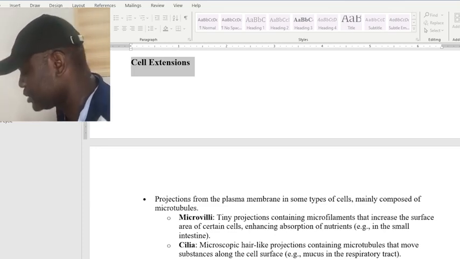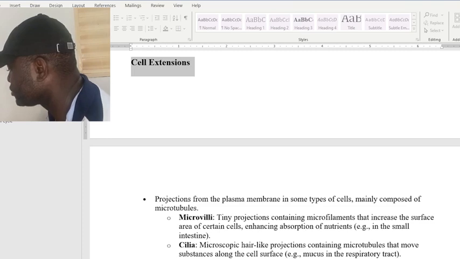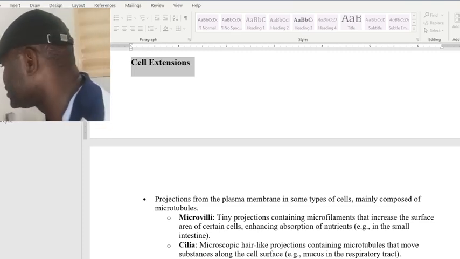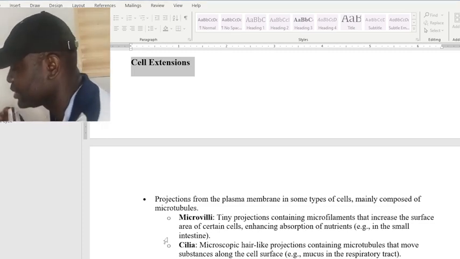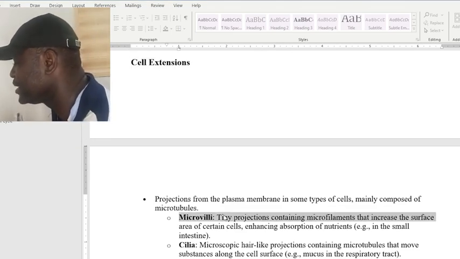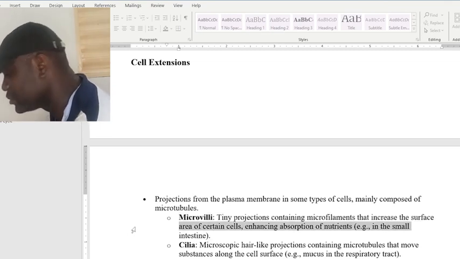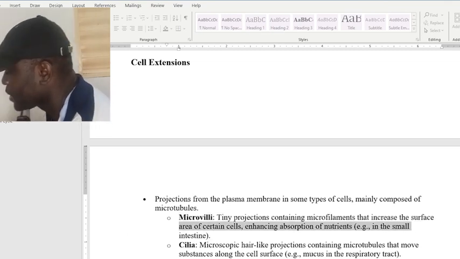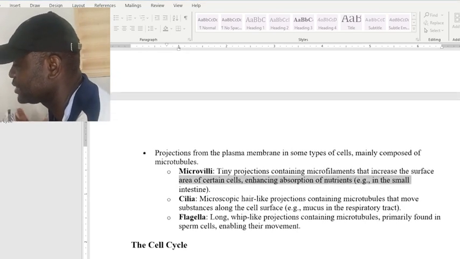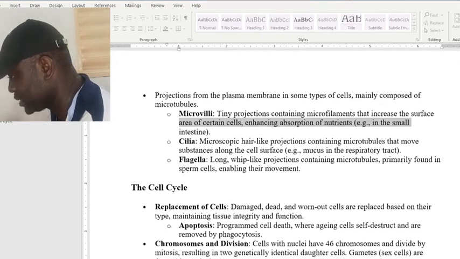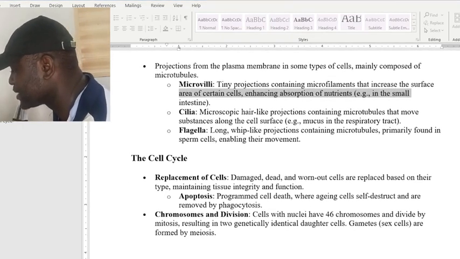Okay, so now we also have cell extensions. These cell extensions are just projections from the plasma membrane, and they are mainly composed of microtubules. They are used for movement most of the time. We have microvilli. Microvilli are just tiny projections containing microfilament, and what they do is to increase the surface area